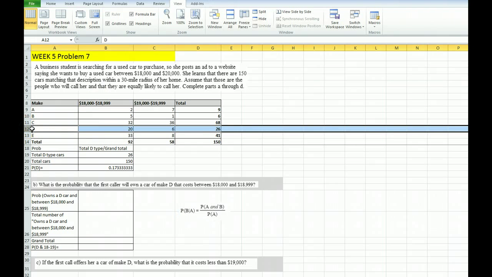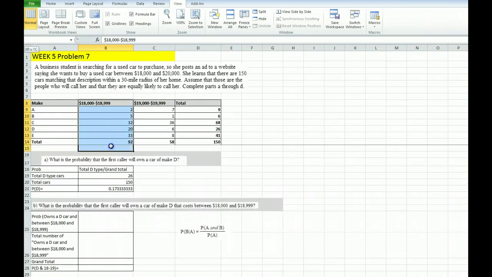So we're looking for the intersection of this row as well as this column. So therefore the total number that qualifies as in D cars between 18,000 and 18,999 would be 20,